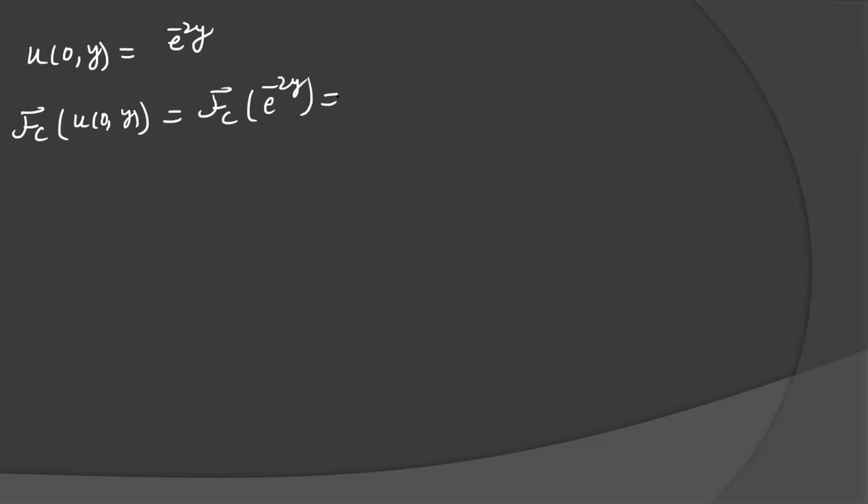Now use the initial and boundary conditions. The first initial condition is given: when x equal to 0, u(0, y) equal to e to the power minus 2y. So take the Fourier cosine transformation of u(0, y). It will be the Fourier cosine transformation of e to the power minus 2y, equal to the integral from 0 to infinity of e to the power minus 2y cos omega y dy. Use the definite integration property for e to the power ax cos bx dx, which I have discussed. This will be equal to 2 over 4 plus omega square. I am giving you this as homework.